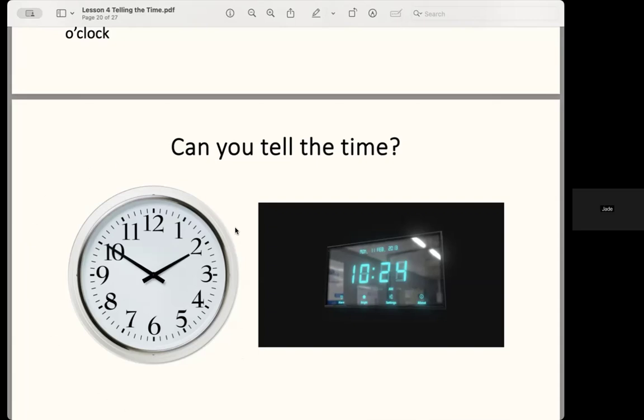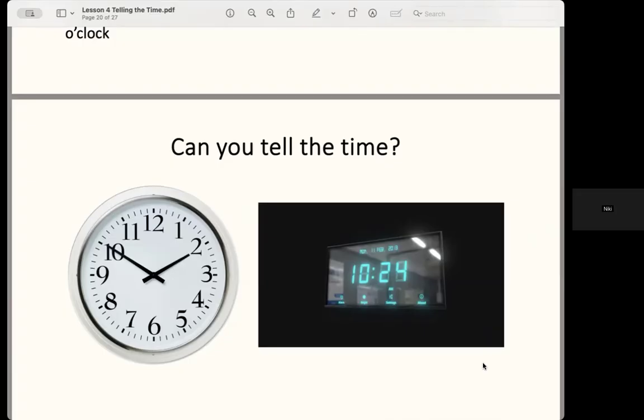So what I was actually looking for, if you're going to say it in the digital way, then you would probably say 1:50 would be how it would look on a digital clock. But anyway, so this one here, who's next? Okay, so I have Fahima. Do you want to have a go at this one?